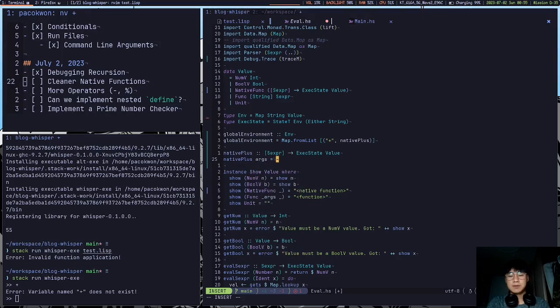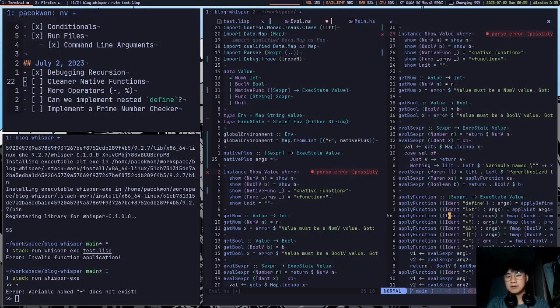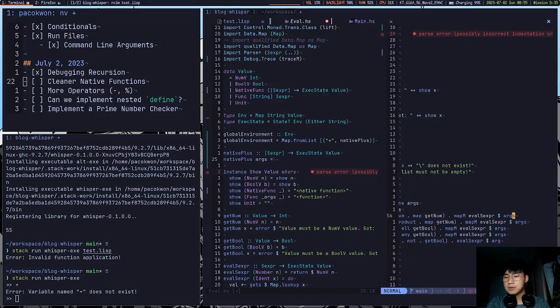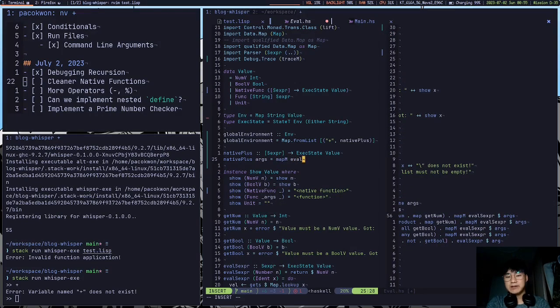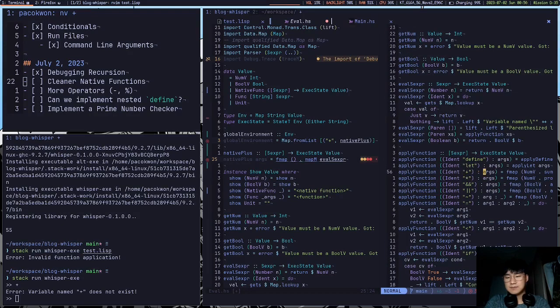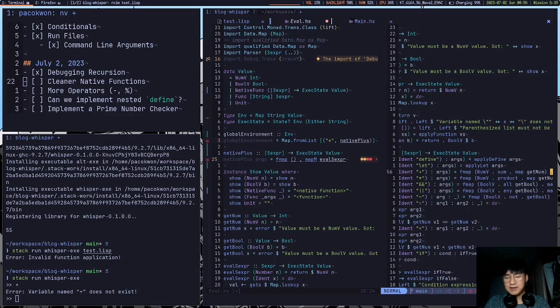Arguments. We map m eval as expression. That will make it a state t with the list of values in it. With the list of values, we need to crunch them and yield the sum of them. So we use fmap. So it's the usual thing. Now that we have the same list of values by applying mapM,